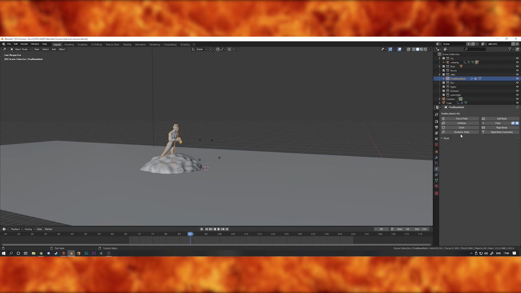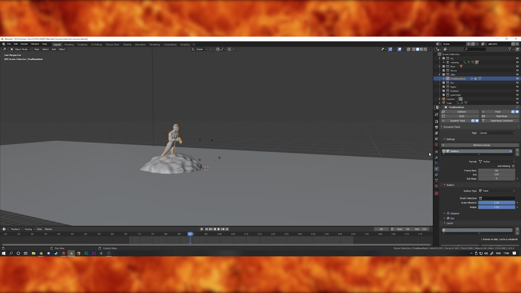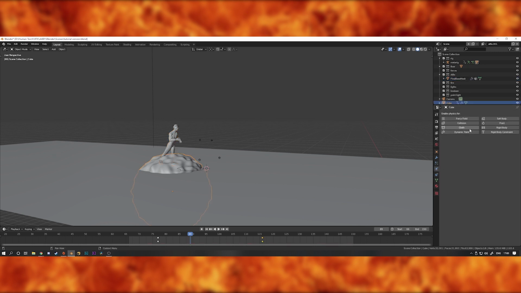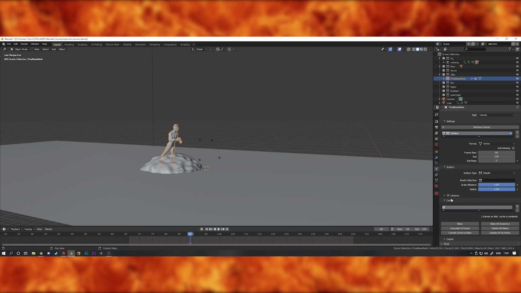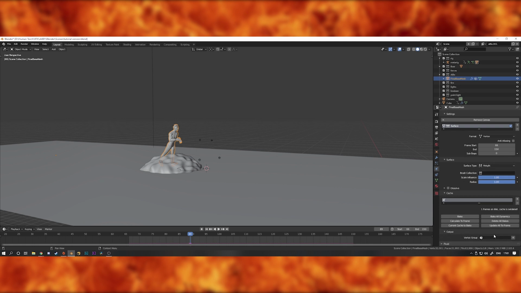With the person mesh still selected, add a dynamic paint modifier and then open it up and add a canvas. Then select the distorted cube, also add a dynamic paint modifier to this, but set it to add brush instead. Then click back on the person mesh, go to surface type and change it from paint to weight, and then scroll down, open the output menu and change the vertex group to the one that we created for emitting the fire. Then if you hit bake, that will create a cache file on your hard drive and save all of